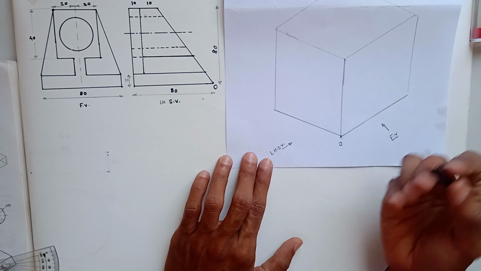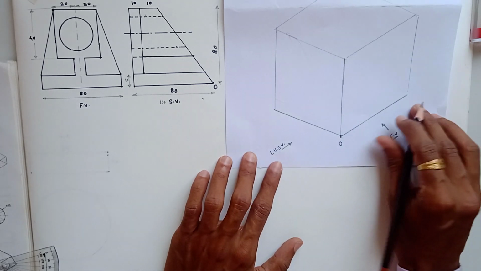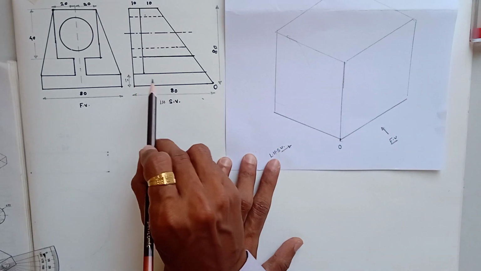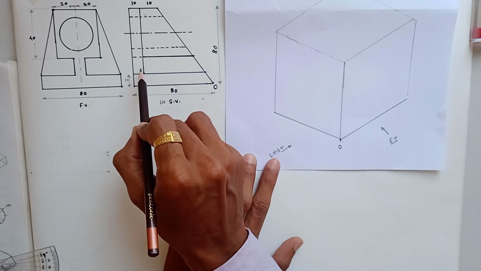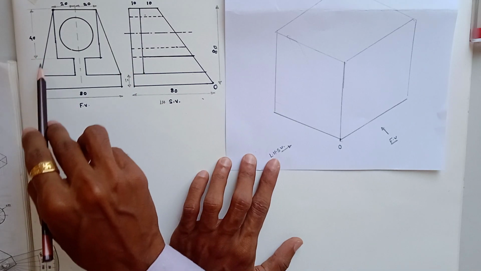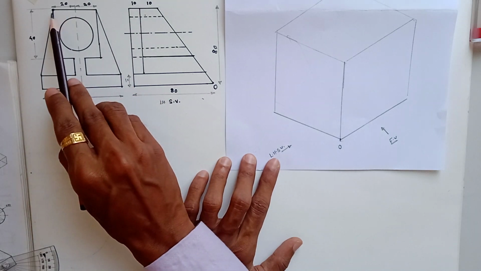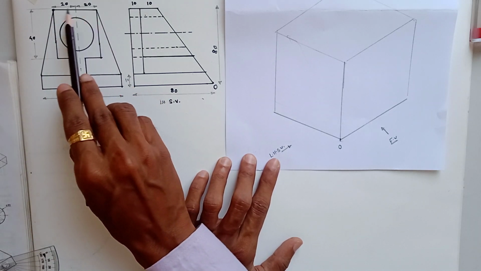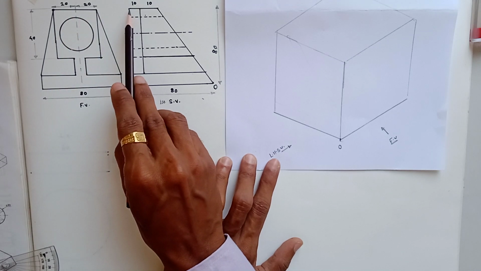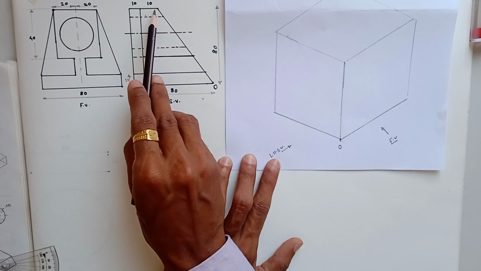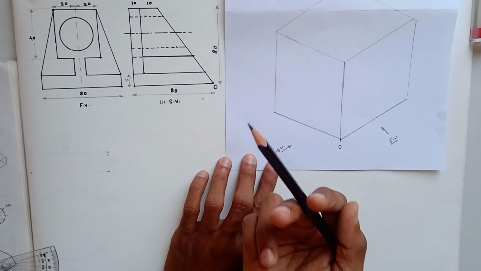Now just draw the rough sketch, so we will get the idea of the isometric view. If you observe the side view, we can see this vertical line, which is rectangular in shape, and in the front view we can see these slant edges. Again, in the front view there is a straight line whose dimension is 20 plus 20, which is 40, and in the side view again there is a straight line.